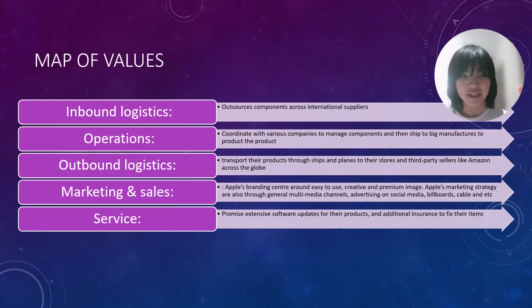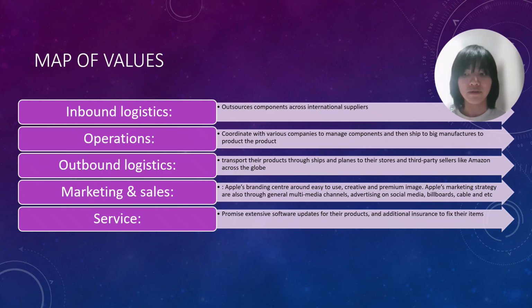First, there is the primary activities, which is how they create the products directly, which is first the inbound logistic, where Apple would outsource the components from different companies. For example, Sony is creating Apple's cameras, while Samsung is in charge of creating Apple's display. And then for the operation, Apple would manage and communicate with all of these companies that have the components, and then ship them mainly to the Chinese factory